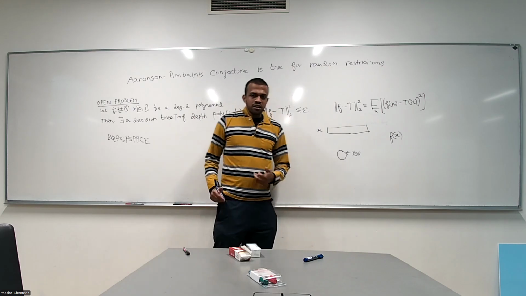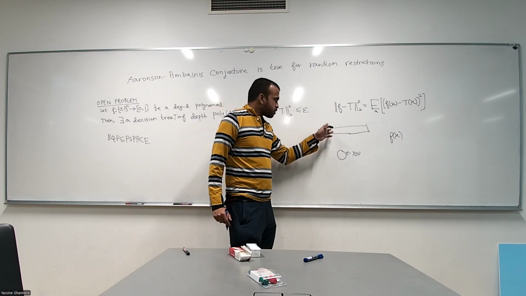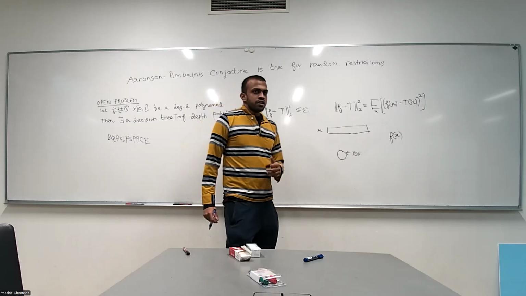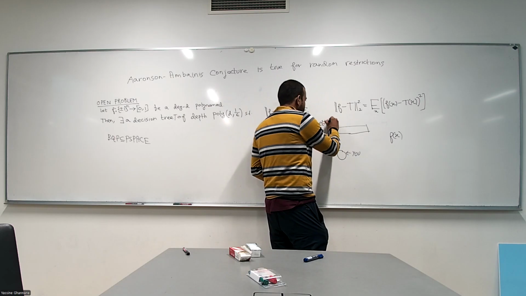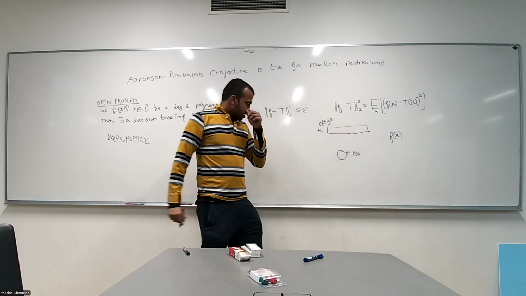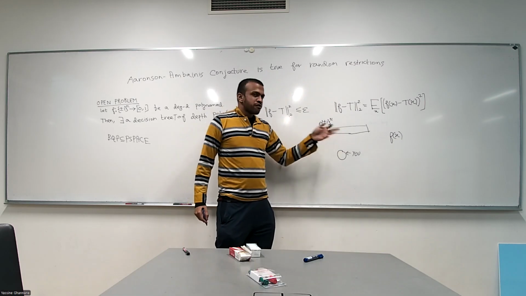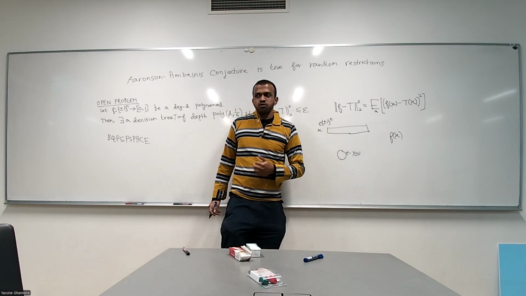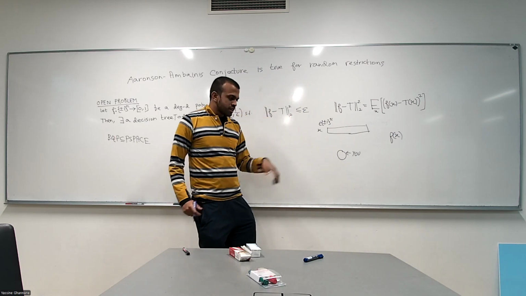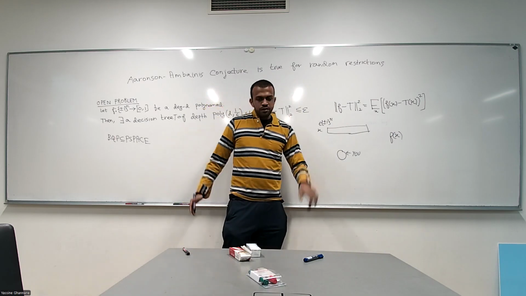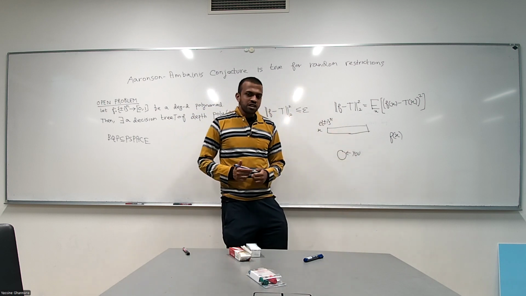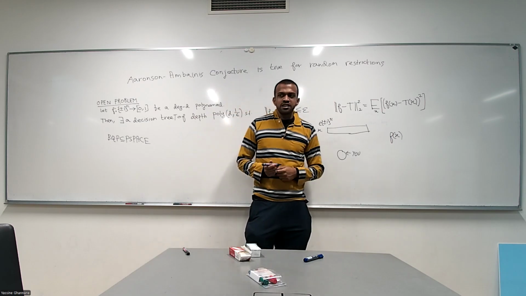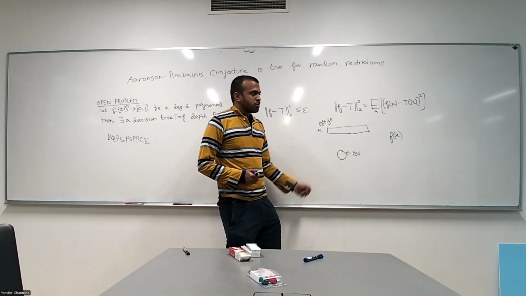Now, in the classical model, the way these things work is there is some person who has this entire input X, which is a string in {plus minus 1}^n. And at any point of time, you can ask that person for the value of the i-th coordinate, and he will reply truthfully. And depending on the response you got, you issue another query, and so on and so forth until you know for sure what f of x is. And in between issuing two successive queries, you can do as many complicated computations as you want. You are not limited by that. You are limited only by the access to the input.